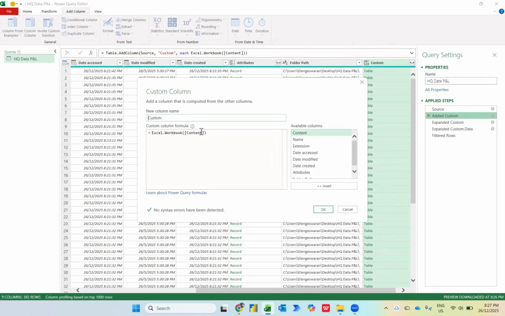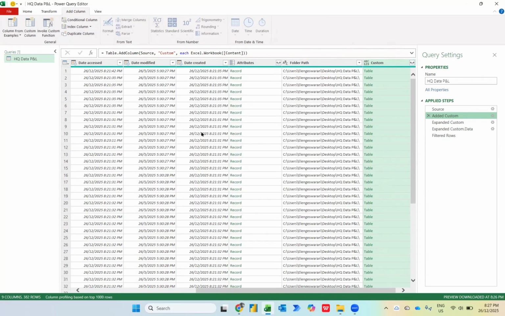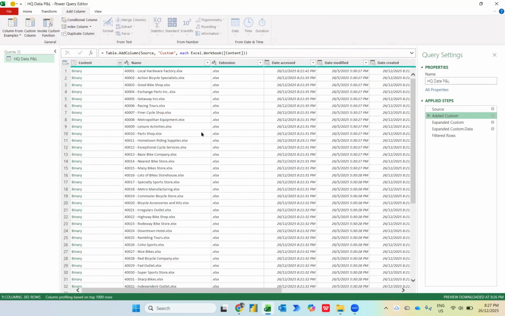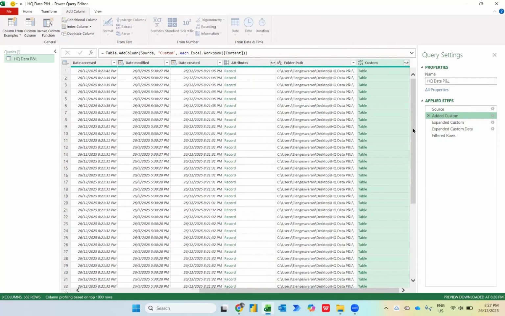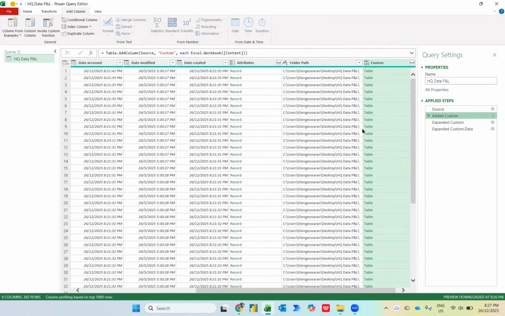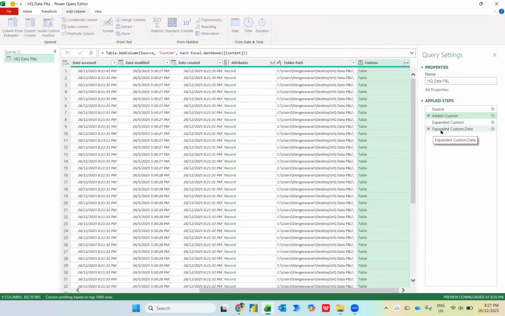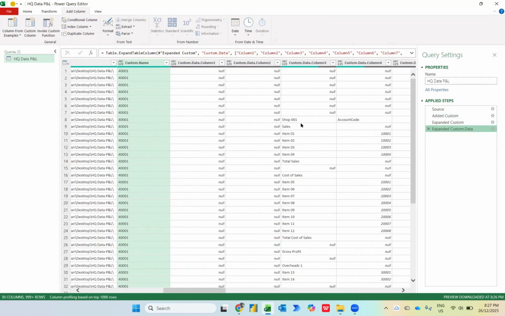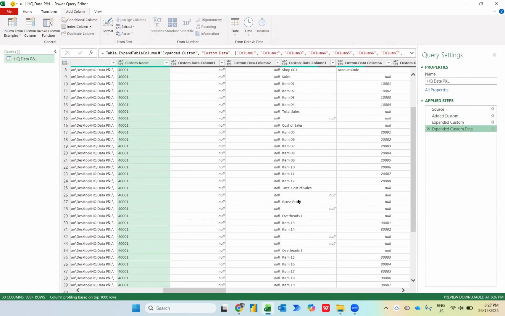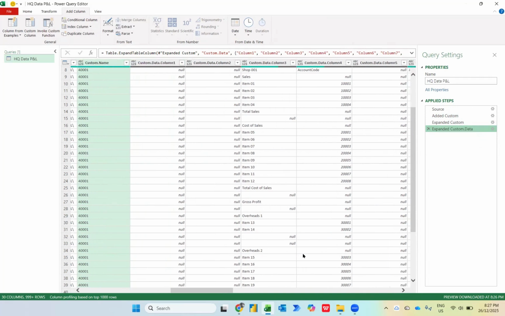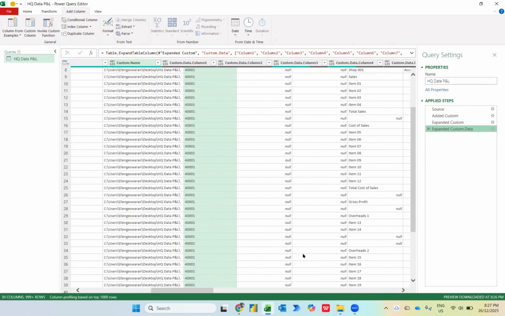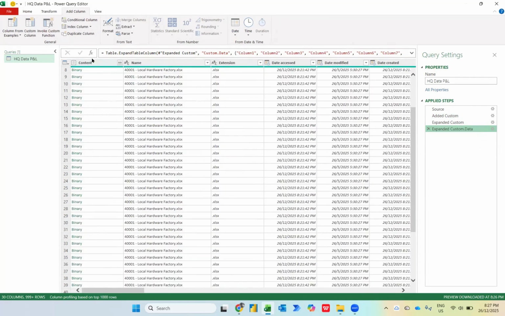Now the next step is data cleaning, because as you can see here, we don't actually need all this information. What we need is just the particular information, that means the sales, the cost of sales, the gross profit, the overhead, and the figures. So what I need to do right now is clean the data. Okay, so as mentioned over here, this column not